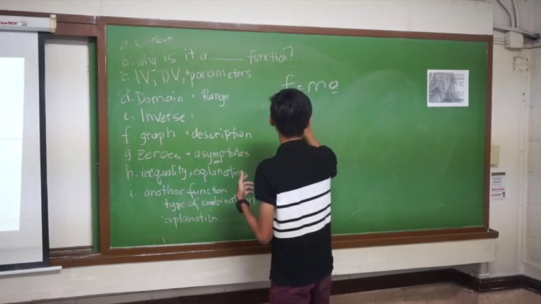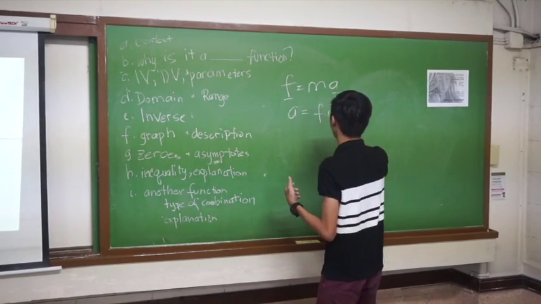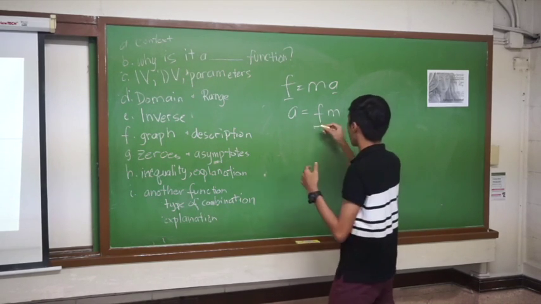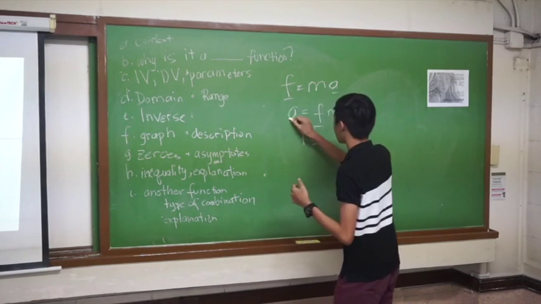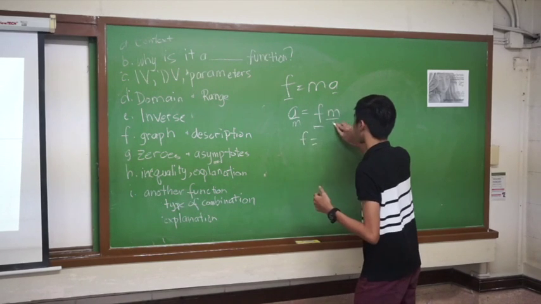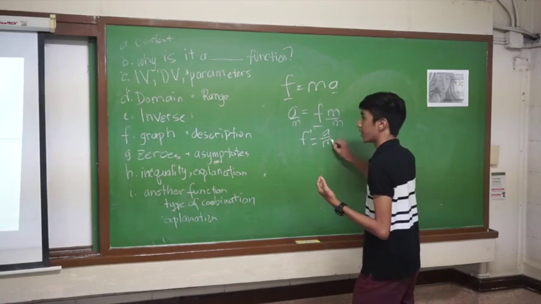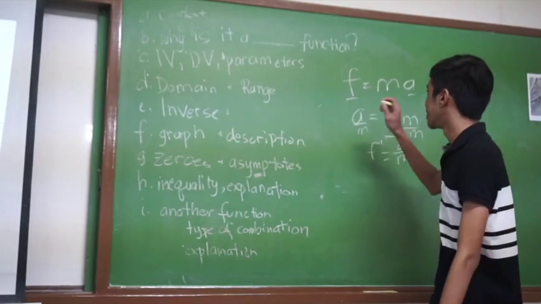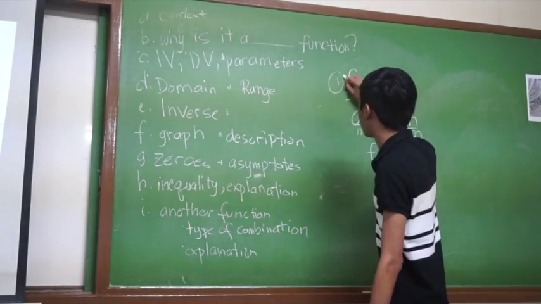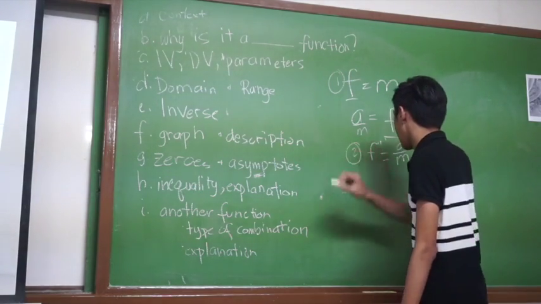We have here a is equal to F over m. Now we're going to find F. F is basically, divide both sides by m. F then is equal to inverse, equal to a over m. Okay, so now we're going to graph the graph of F equals ma and its inverse, F is equal to